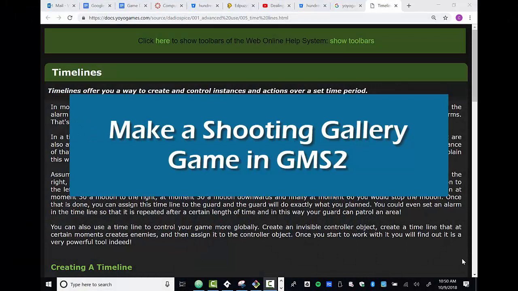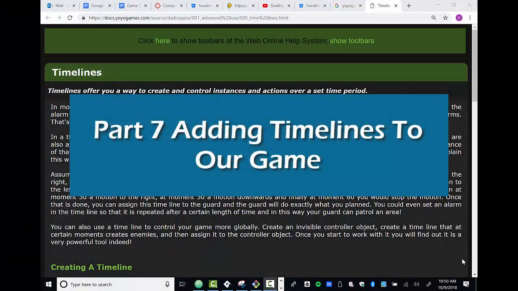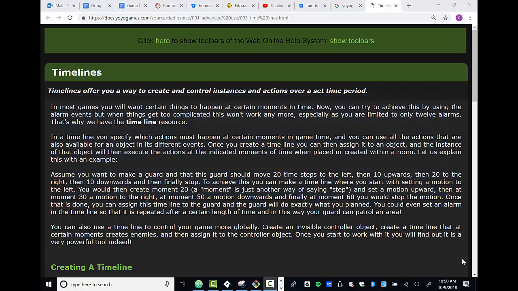Okay, everybody, welcome back. We're going to talk timelines today, and timelines are like alarms on steroids. What's cool about this is you can basically create any number of different timelines that allow you to set certain events throughout the game based on timing. It's just a lot easier to work with than to simply set a series of alarm events and actions